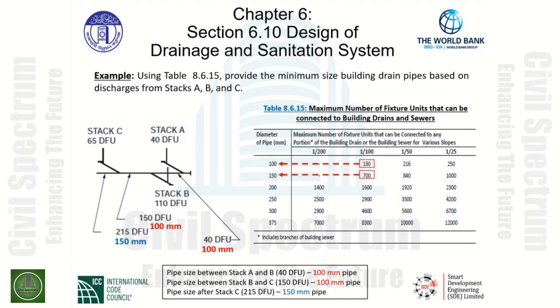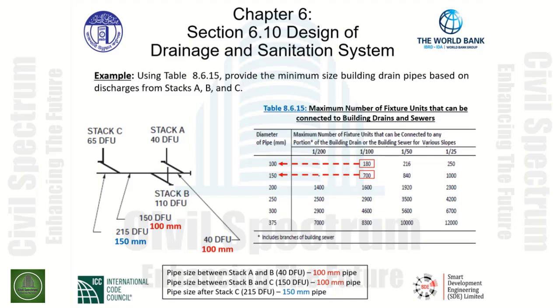From that point, it conveys the discharge to the left and picks up another 110 drainage fixture units from stack B. So from stack B to stack C, we now increase the load or the capacity to 150 drainage